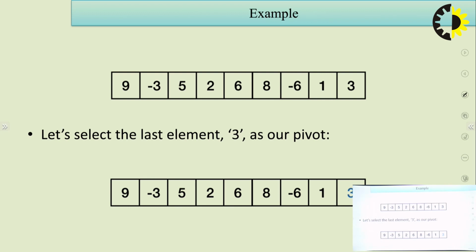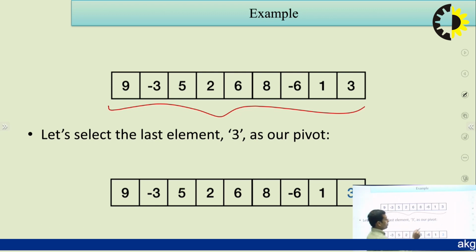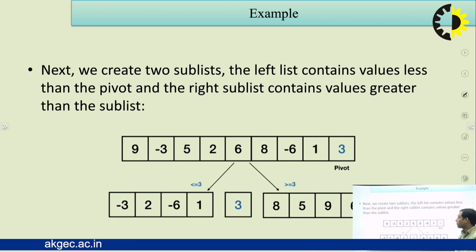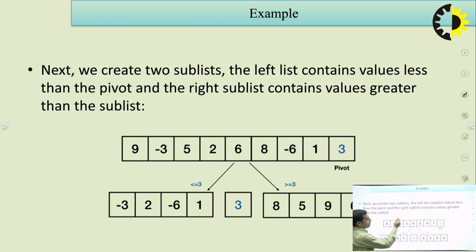So here, as an example, let us select the last element, 3, as our pivot element. This is our element which is stored in the array. We choose the last element as the pivot element, and we position it at the right place with some process. How? We will create two sublists. The left list contains the values lesser than the pivot element. Here, after the process,